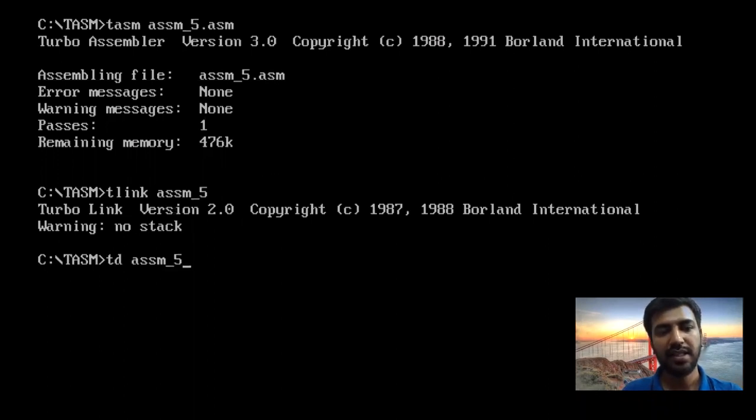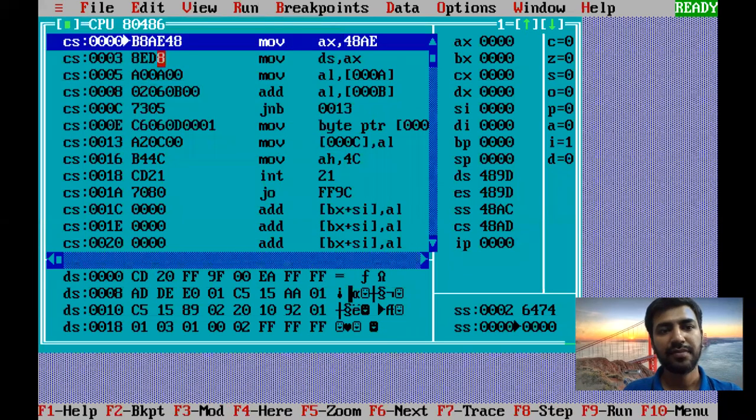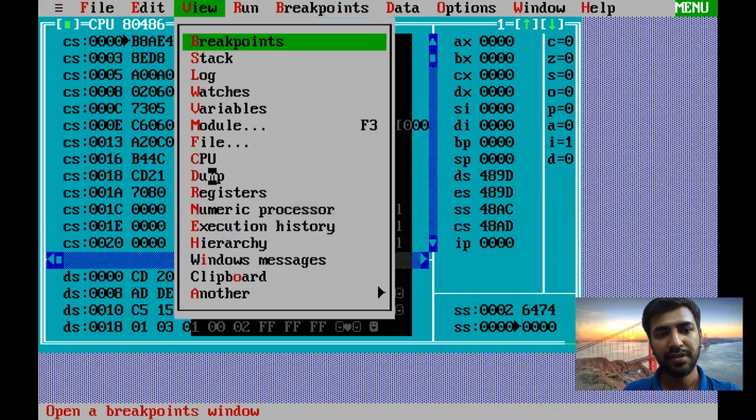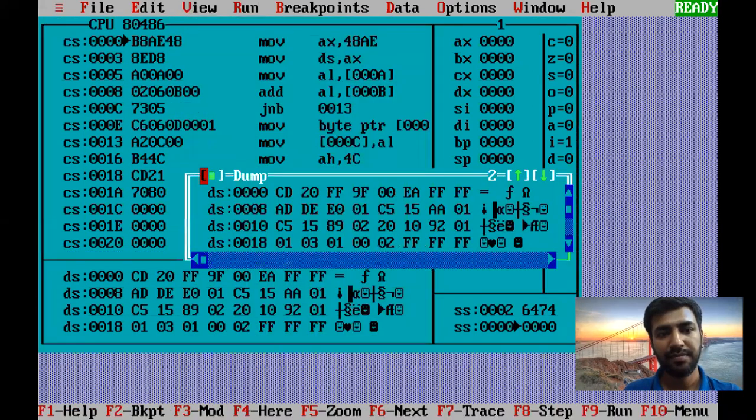So this will set the field, and in the dump you can see whether your numbers are available at A and B or not. So DS 8, 9, A, B. My memory locations, 48 AE, and this is 000. So let's run it.